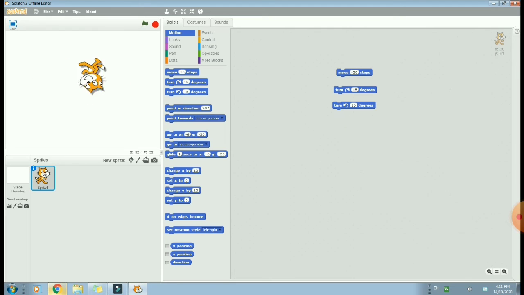Here remember one thing, we can move our sprite by clicking on it and dragging it to any part of our stage. Just click on it and drag it across the whole stage. You can put your sprite at any position on the stage. Now click on turn right, it will take a right turn as you can see on the screen. So this way we can move our sprite on the stage using motion blocks.